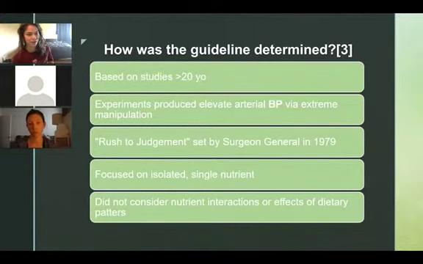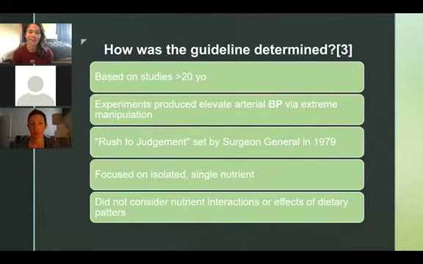Right. Except it's more correlated with blood pressure, which is just one factor in cardiovascular disease. So these studies, the guideline was created from studies that were done 20 years ago, and they were done through extreme manipulation to find results that they thought were applicable to the general population. So they pumped extreme amounts of sodium, they reduced renal mass, and then they just took all of that and